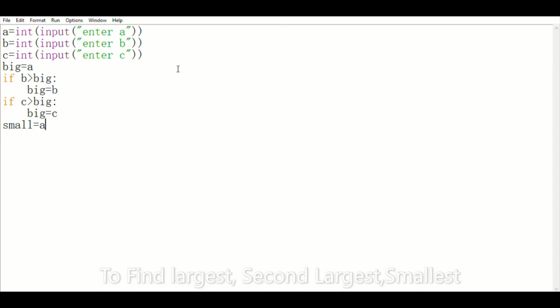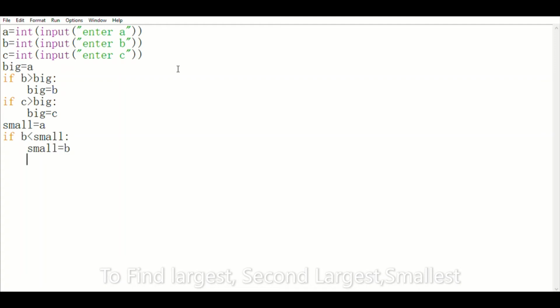Similarly, to find the smallest value, first we'll take a variable small and assign A to small, which means we'll assume that A is our smallest value. Now we'll check A with B and C. In the if function we'll use the condition B less than small.